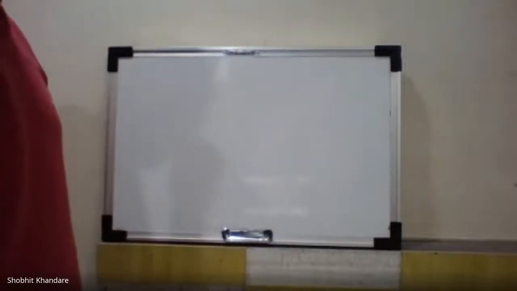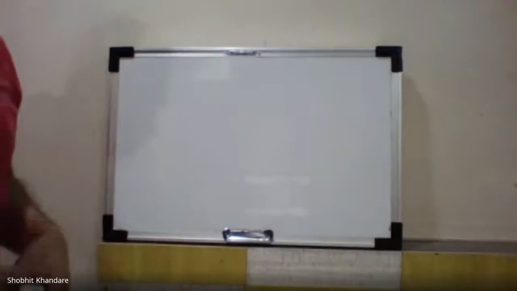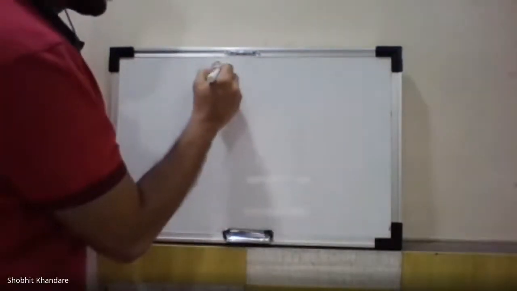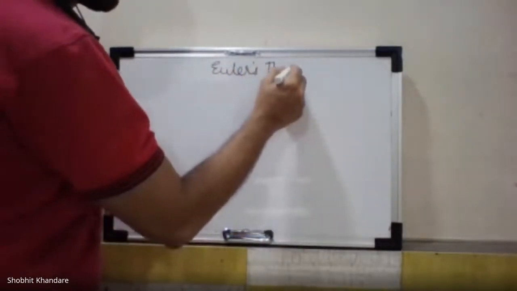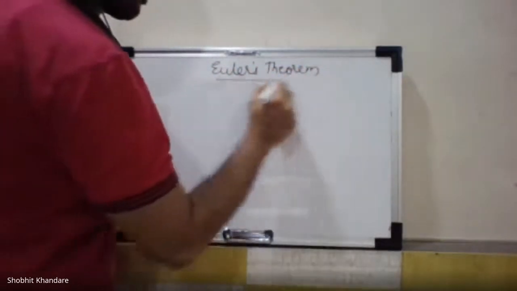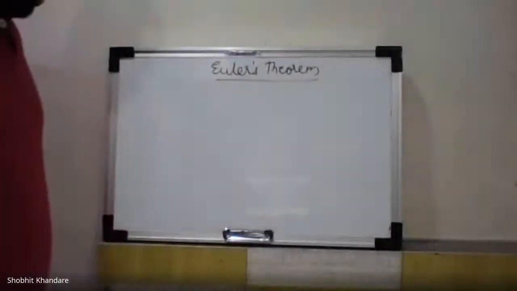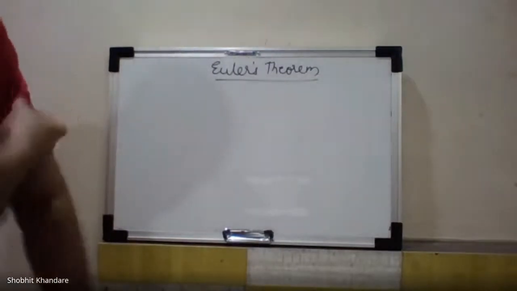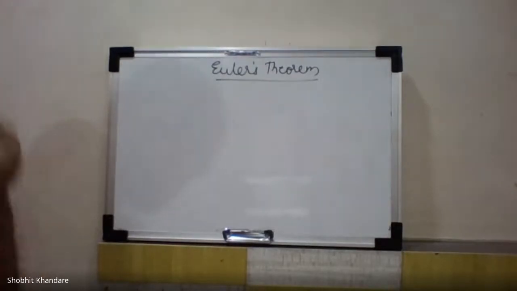So today we are going to see what the Euler totient function is and what Euler's theorem is. Please, we'll go through Euler's theorem. All of you write down Euler's theorem. First write down the statement for Euler's theorem and the equation related with it. Then we'll see there are some cases to understand this theorem.